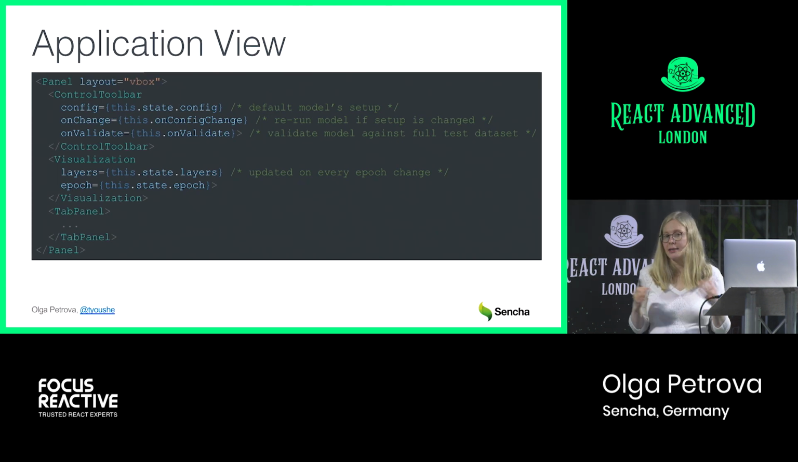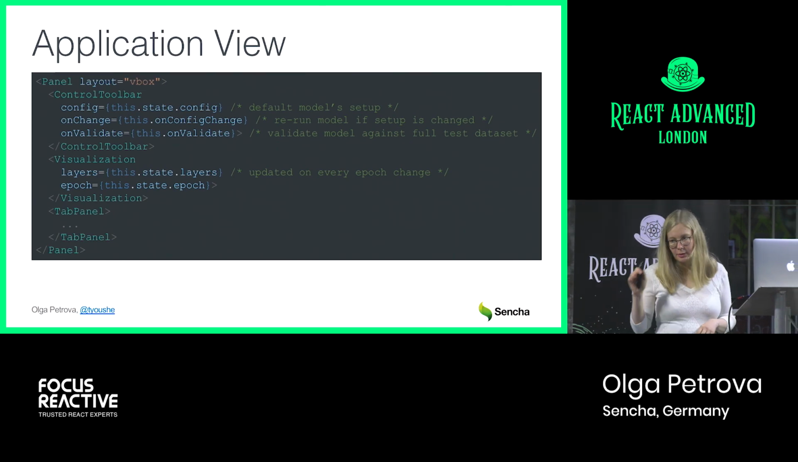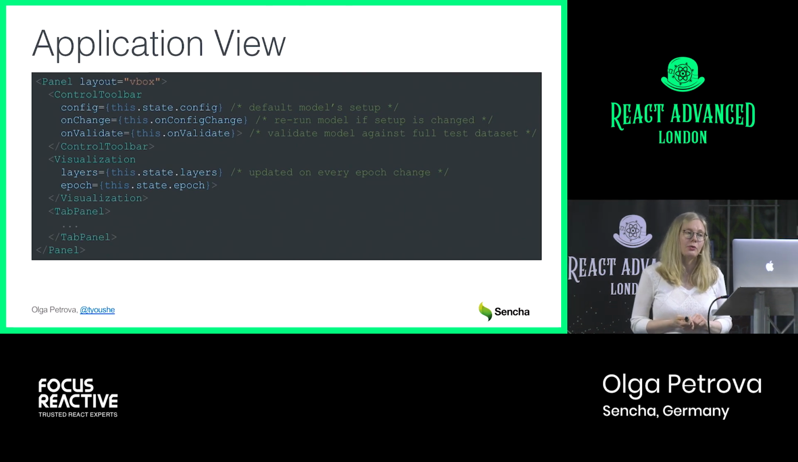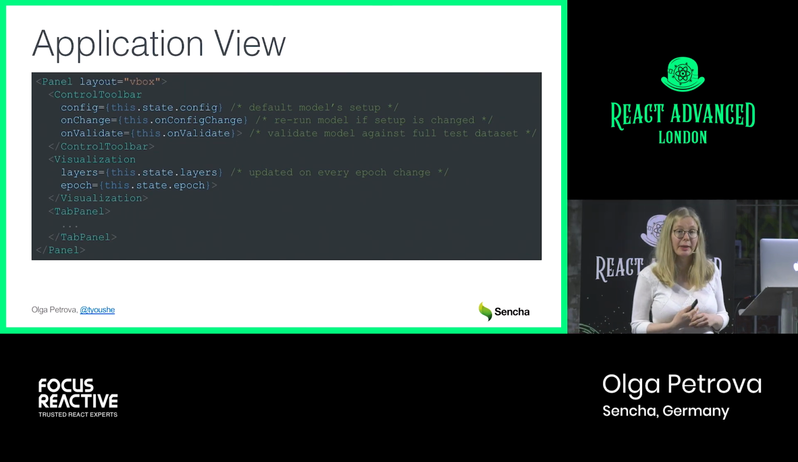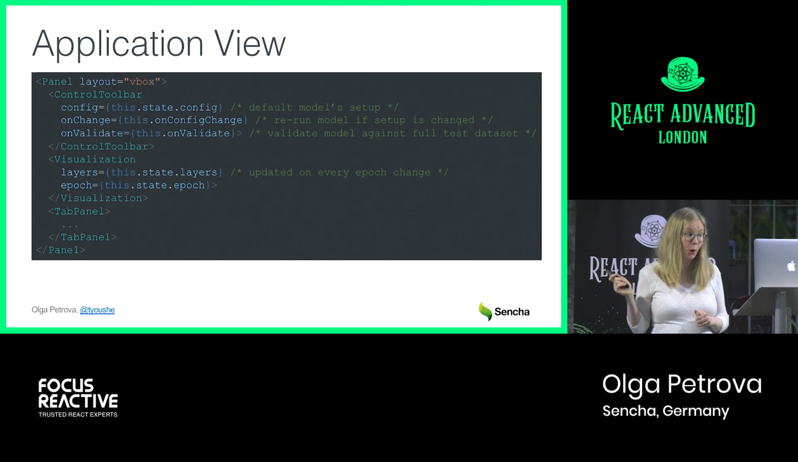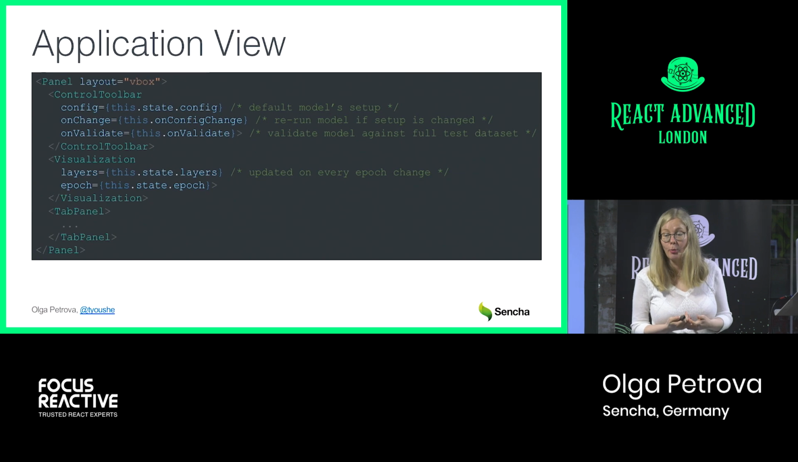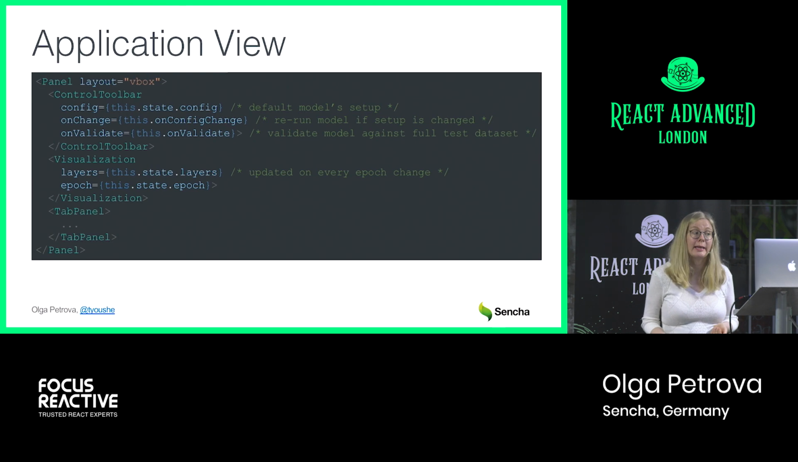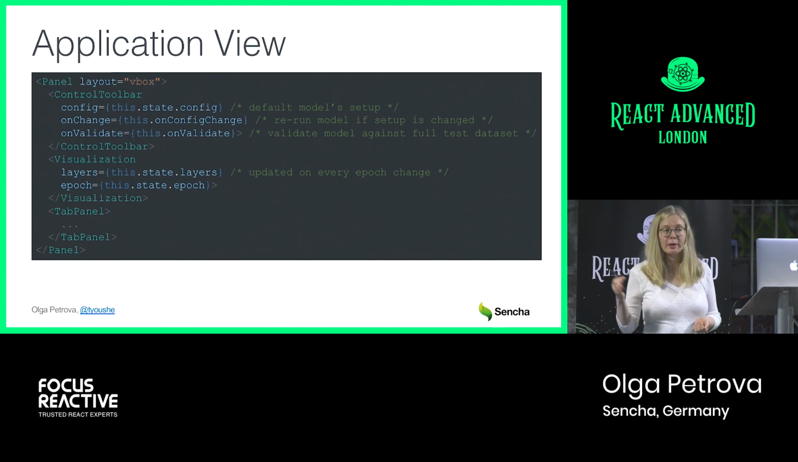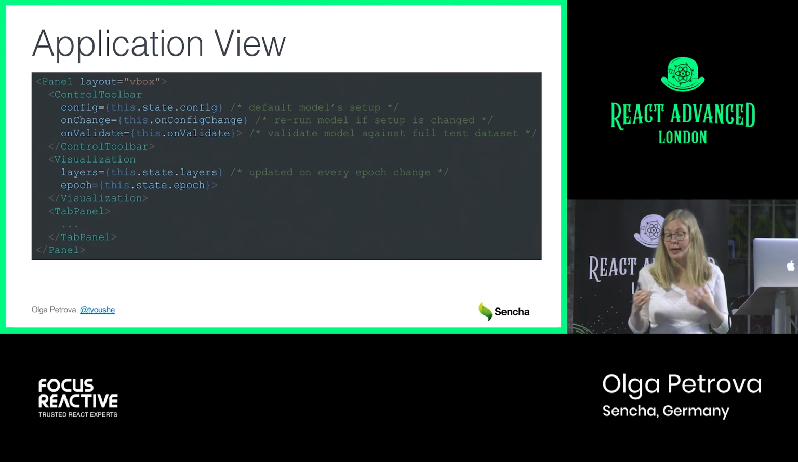And once this model setup is changed and the run button is clicked, I will rerun my model inside of the on config change function. And then I have this visualization component, and I send layers and epoch as props. Layers describe the current state of my model, and epoch describes the number of iterations over my data. These values will always change at the end of every epoch, and my visualization component will re-render this